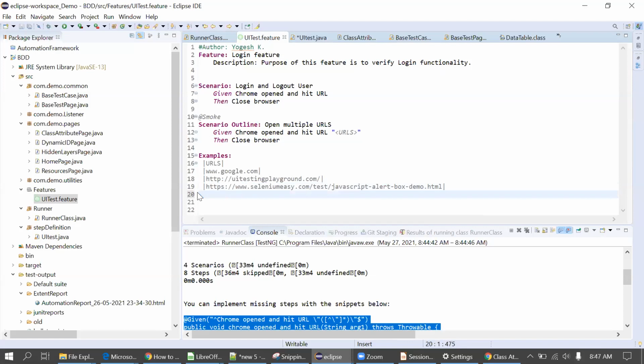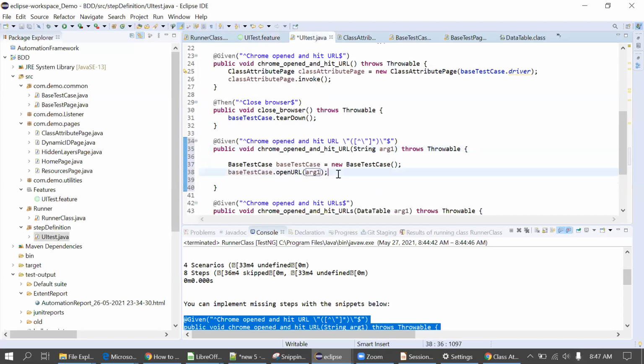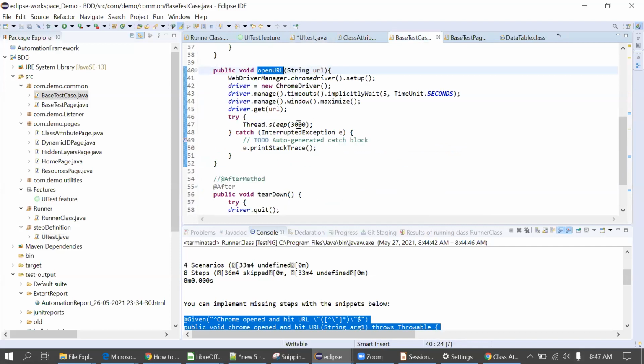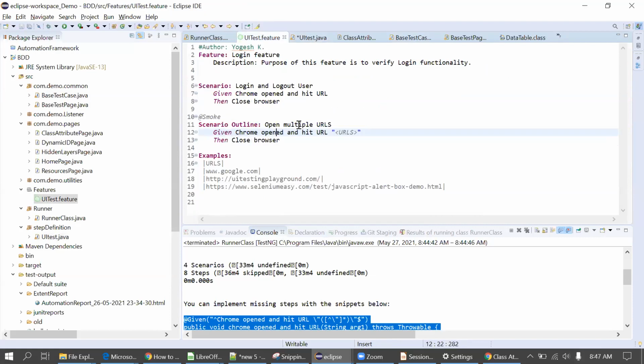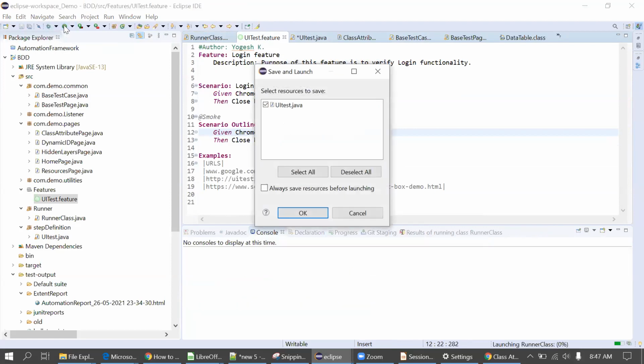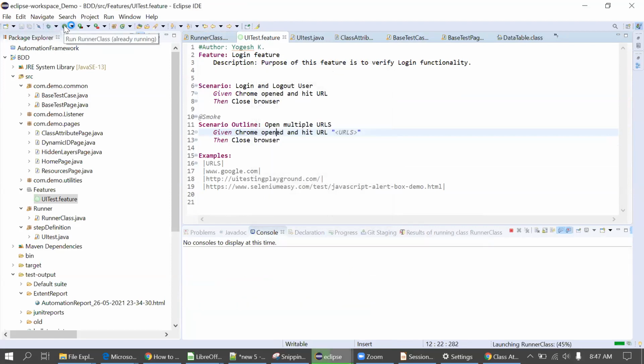Okay. So now while executing this, I'll put in a sleep so you will understand. Actually, you will see the URL. There is a 3-second sleep. So I'm just executing this code now, using the runner class.